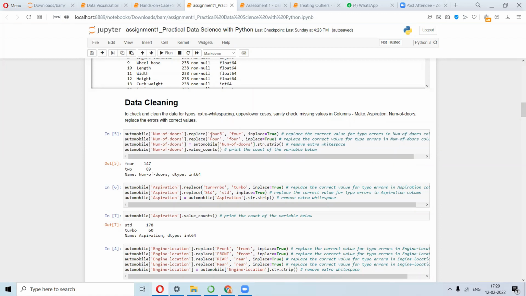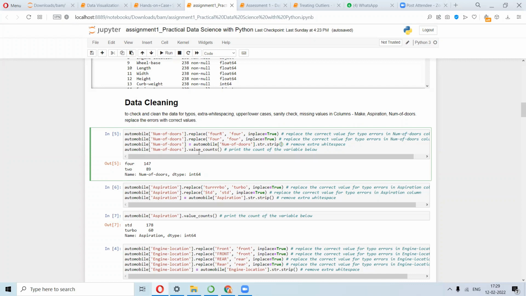So this is how we do it. First you have to identify what is there, and then you have to replace this by this. Okay, and this is also capital, so you can find your own typos. For that you have to look into the data set. And so this is how str.strip works, I hope you have looked into this function, right? Here we are stripping off all the white spaces. If we have any extra white spaces in between the entries, that gets stripped off, right?